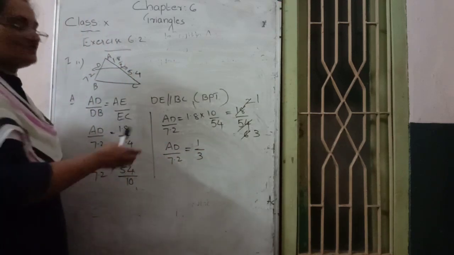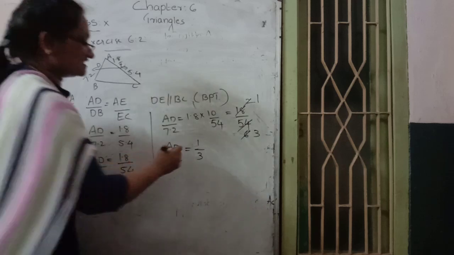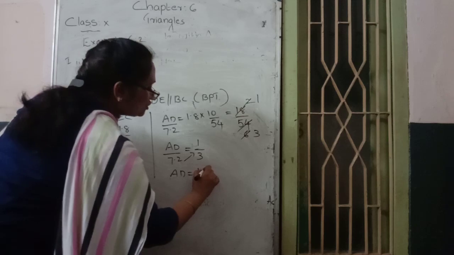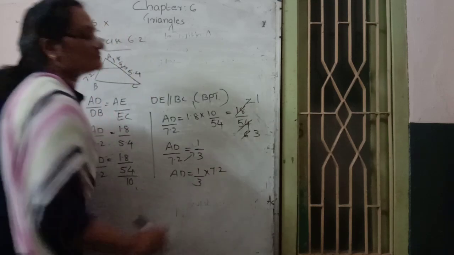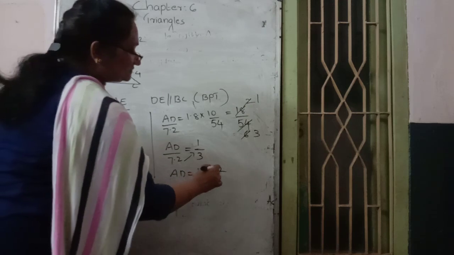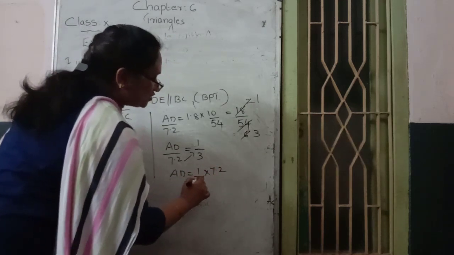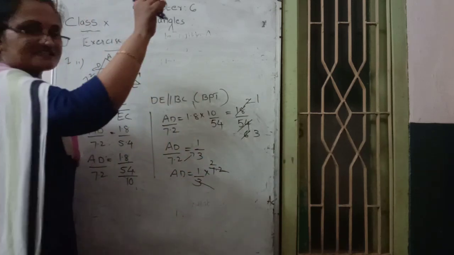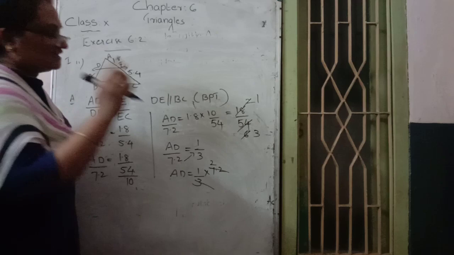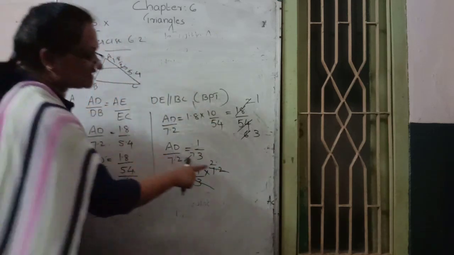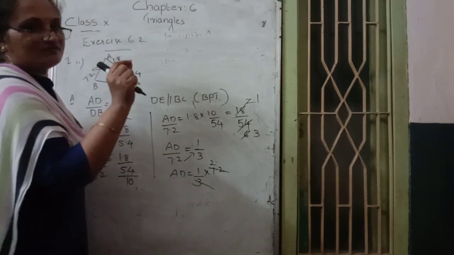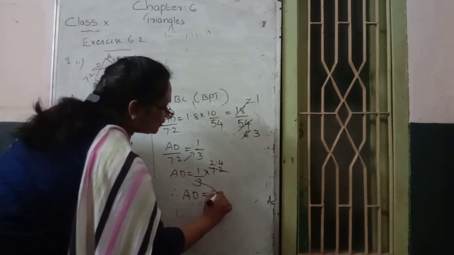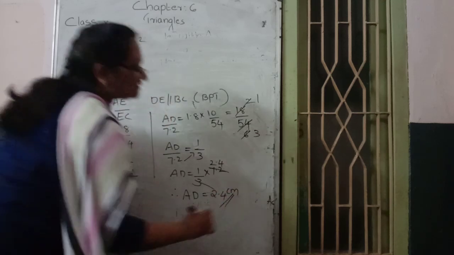Again our aim is AD. That's why 7.2 is sent to the right side, cross multiply. So AD is equal to 1 by 3, the denominator number goes to the opposite side and becomes numerator. 3 table, cancellation possible or not? Yes, it is possible. 3 table 7 is 2 times, 6. 7 and 6 subtraction gives 1. Then the decimal point, remainder 1 and next place number 2 joining makes 12. 3 table 12 is 4 times. Therefore, AD value becomes 2.4 centimeter.